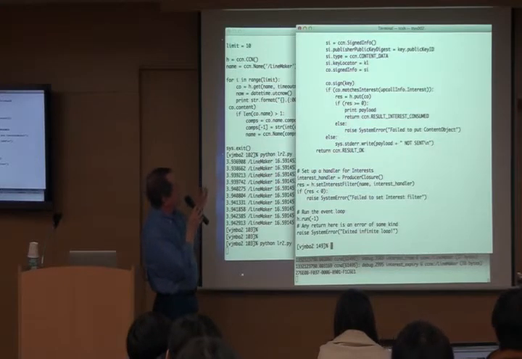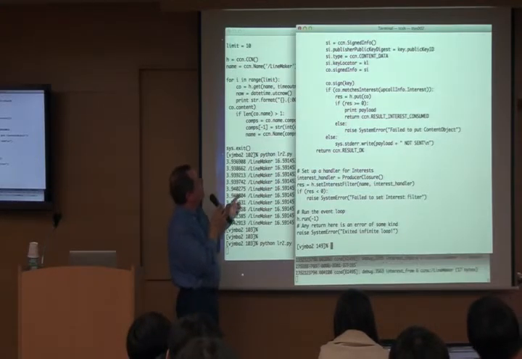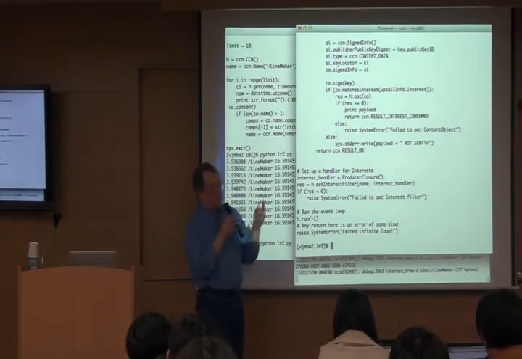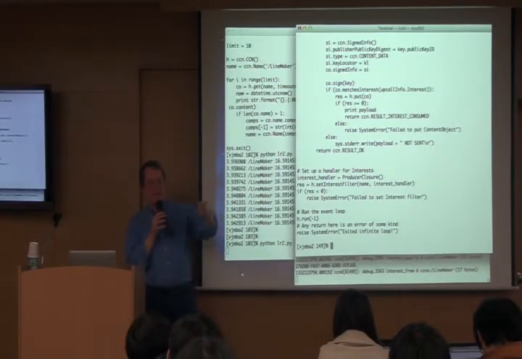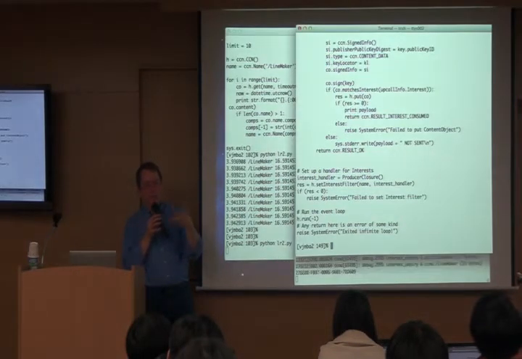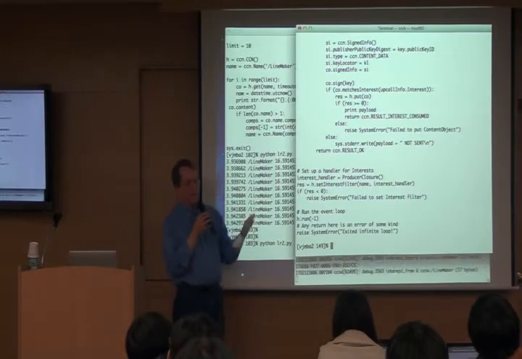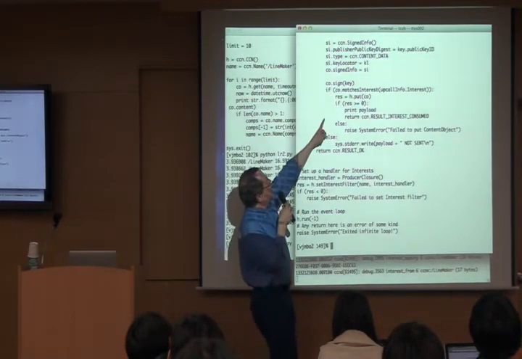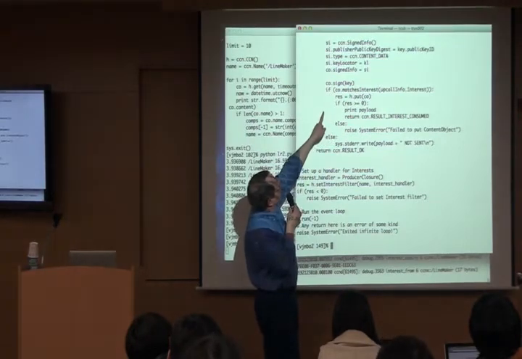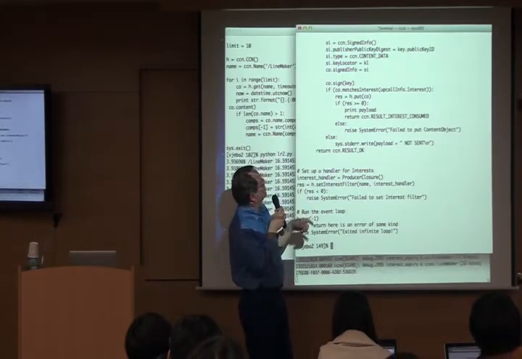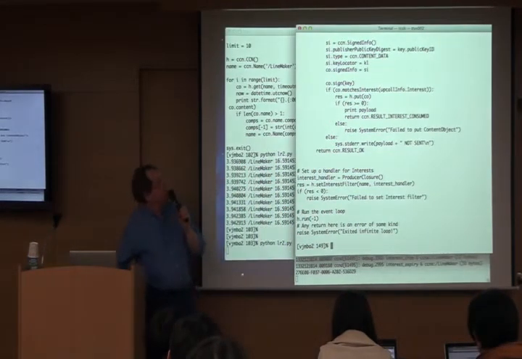The server is essentially identical to the previous one because the incoming interest that it gets has a sequence number on it, and it's responding to that interest. It's got to use the same name, so we don't actually need to do anything different. We just send back our response using the interest that we got. The only difference